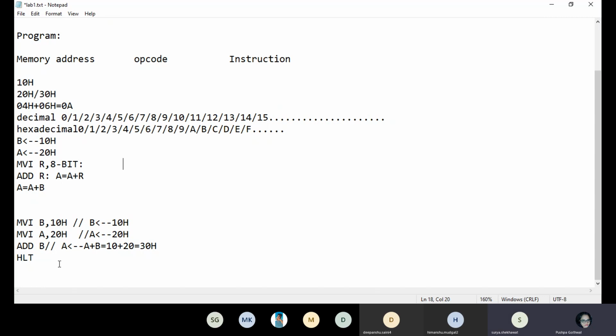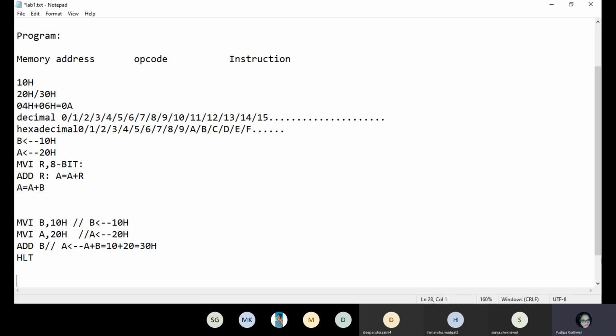Now the next thing I want to clear: some simulators use ORG before the program. ORG is nothing but a directive. Some simulators accept ORG. ORG indicates the start of the program, and at the end of the program they write END. I am telling you all this because some simulators use these things. If you are not using the same simulator that I am suggesting, you can find this kind of variation, so you don't need to worry about it. Every simulator has its own things.